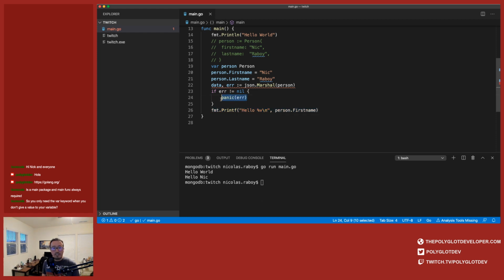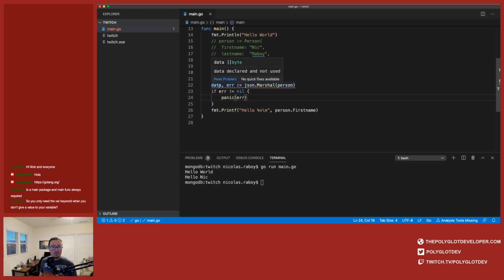But I'll show you later, when you panic, the cleanup code that you implement is still run. Any cleanup that you write for your function is still run when you call panic, versus log.Fatal, which will just terminate and no cleanup will be run. Likewise, with the print line and then the return, I think the cleanup code will still run in that scenario. So it just depends on what you're after. For us, we'll just leave it at panic for now.